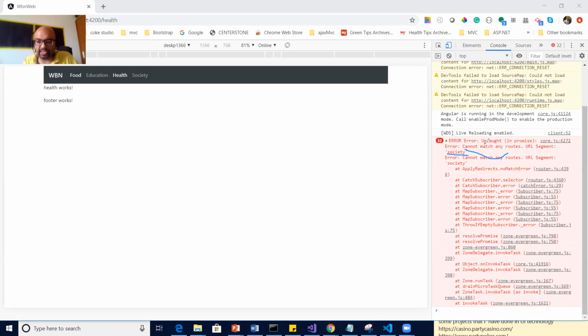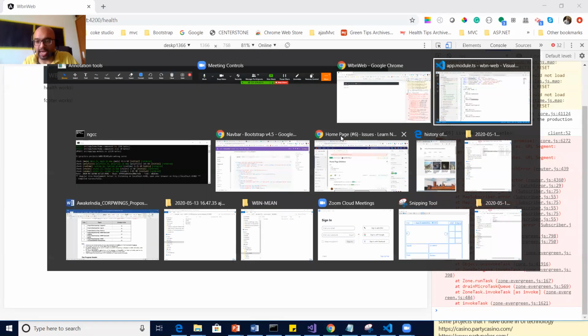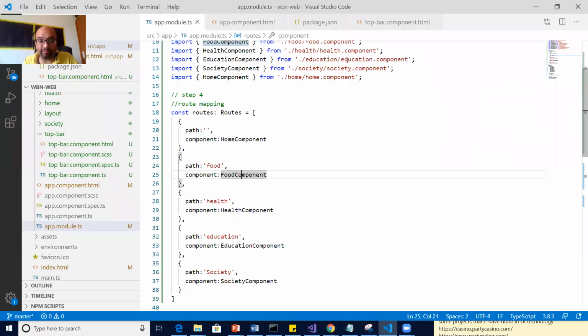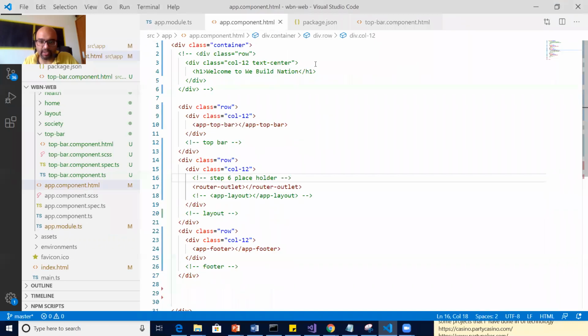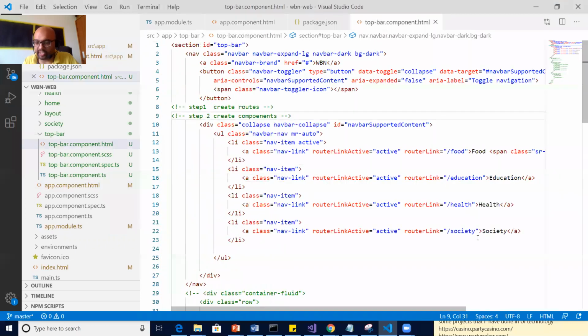So let's see what we have created in HTML, and what we are matching in our mapping table. So go to HTML, the top bar where we created the routes. So this is the spelling of society. Is this correct?